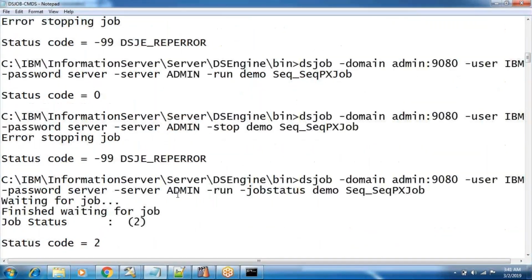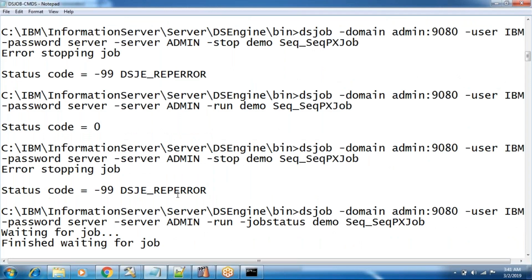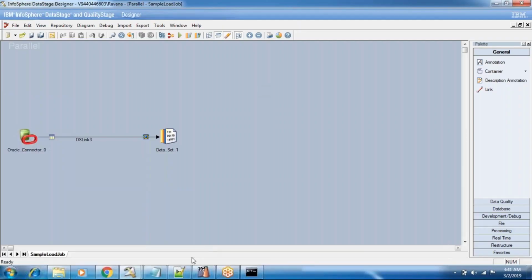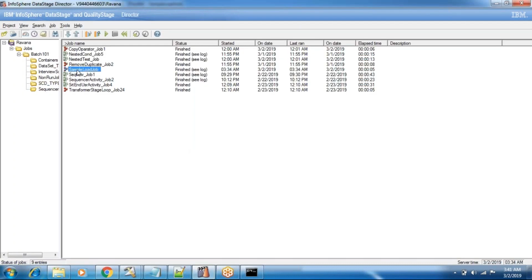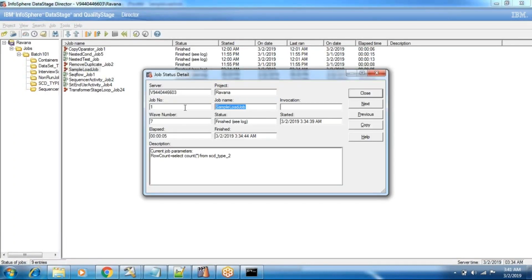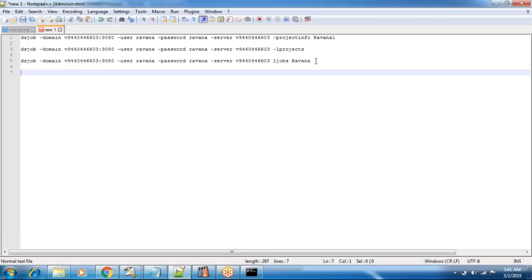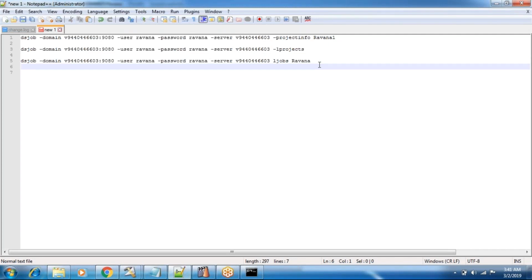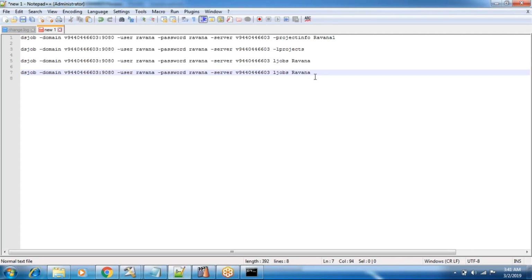Okay. So I'll just show you how to run one particular job in datastage. Assume that I have a sample load job. This is the job name. What I'll do, I'll just place this command again. I'll repeat it, just for taking a copy. What I'll do here, I'll just use hyphen run